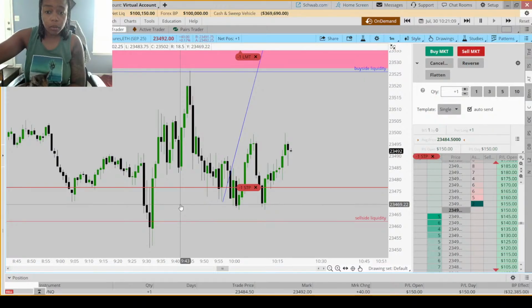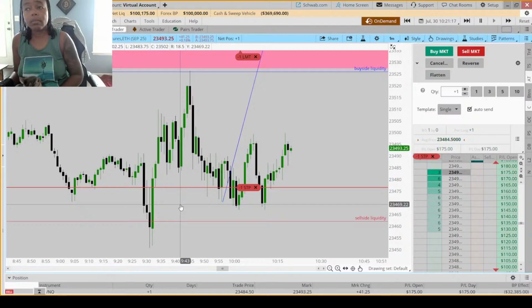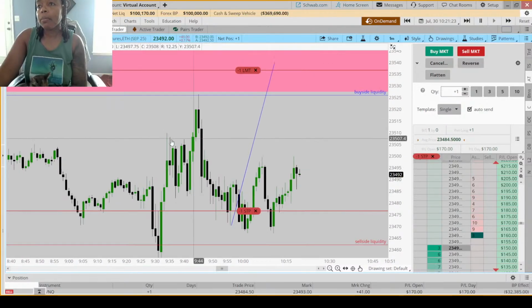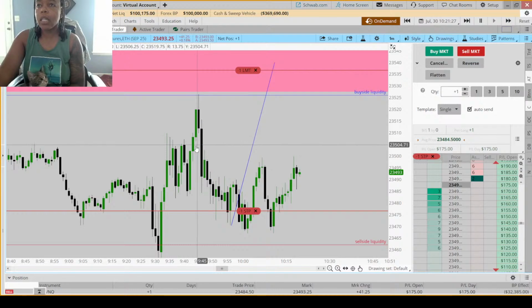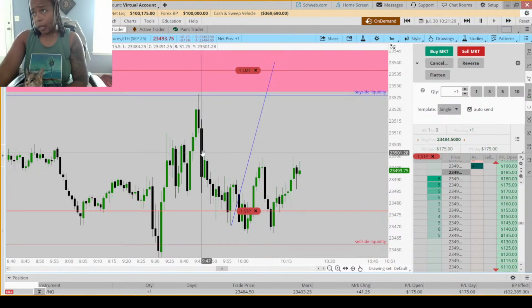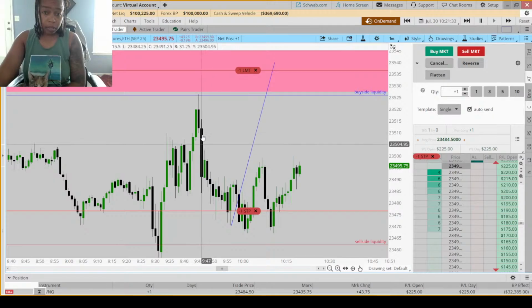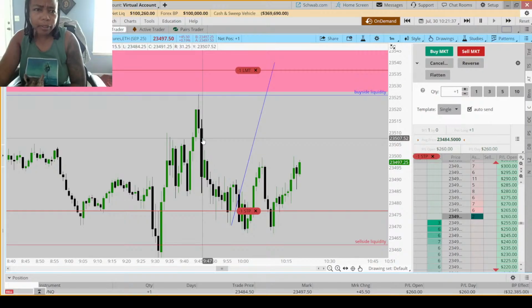And then see if we can get to where we gotta go. At this point, if it's gonna go up, the chop is really awful and fierce in all of this. If it's gonna go up, then I need it to blow through this fair value gap like it means nothing. Like it's sandpaper, you know?